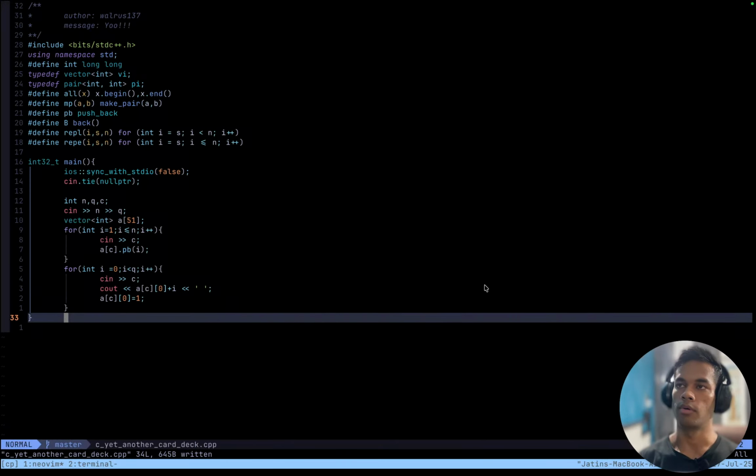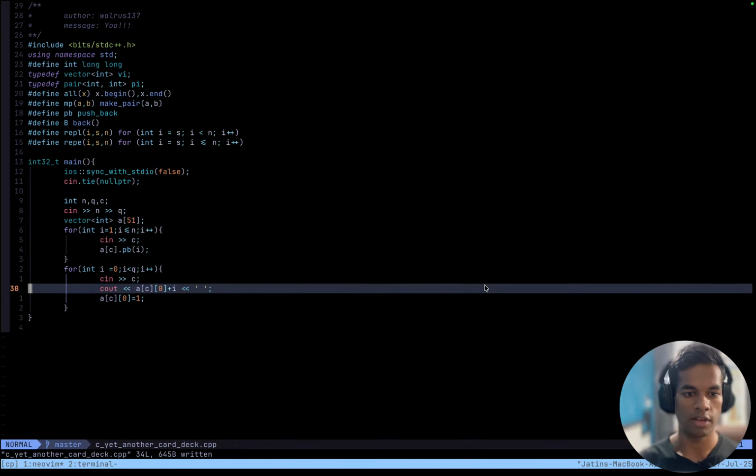Okay. So this plus i only works for the cards which were above a[c]. So this much is good for fetching, but not for much else.